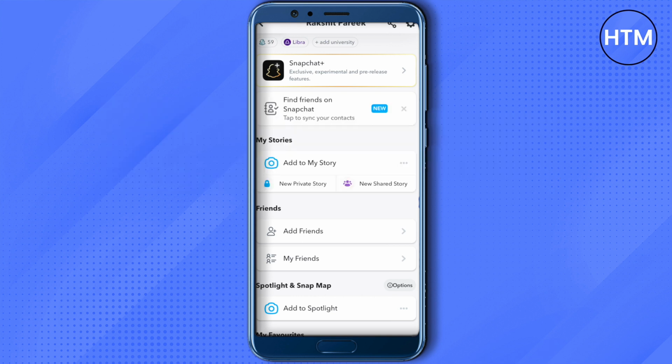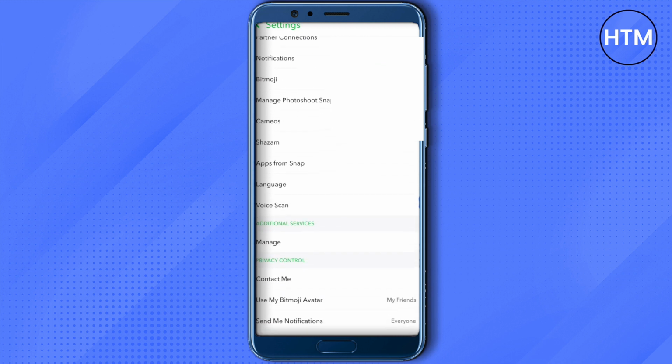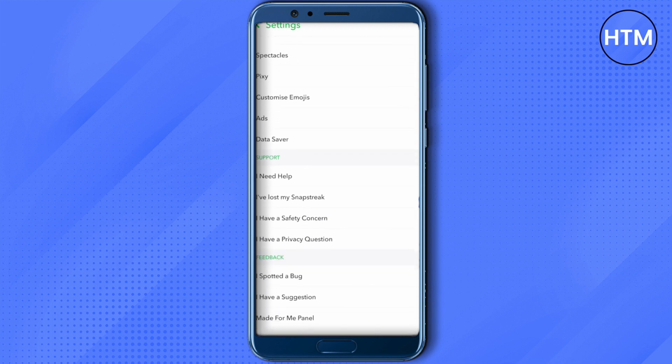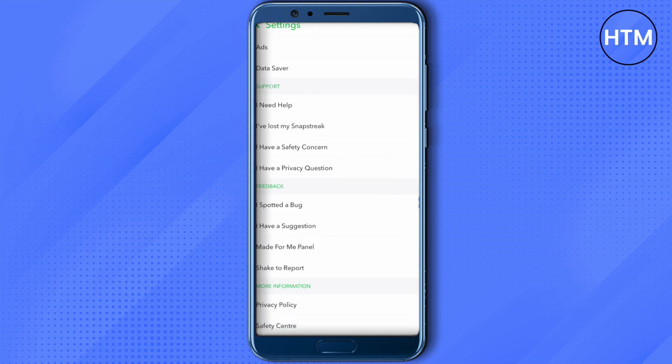So for that you need to open up your Snapchat, then go to your profile, and in your profile you will be able to see the settings option on the top right hand side. Then just click on it, and under your settings just scroll down, and under the support section you will be able to find this option of I need help. Just click on it,